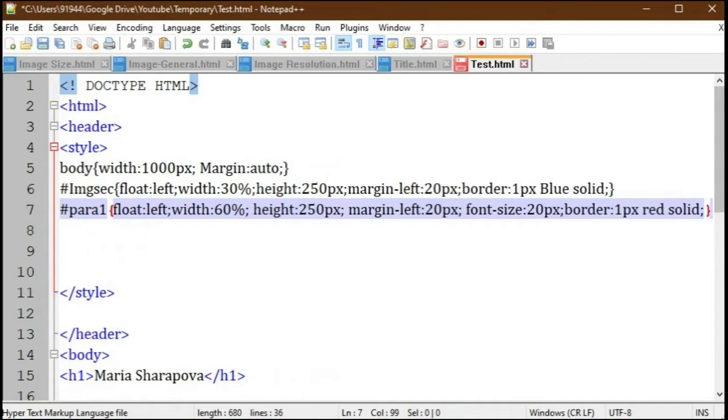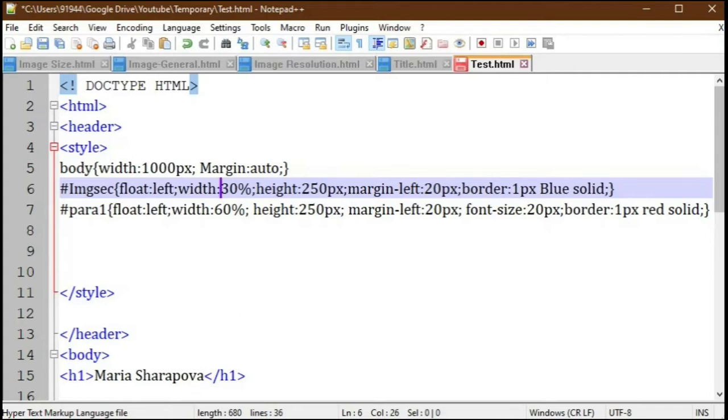Here I have a body with a width of 1000 px, and image section is float left with a width of 30% and a height of 250 px. In the same way para 1 is float left with a width of 60% and a height of 250 px.